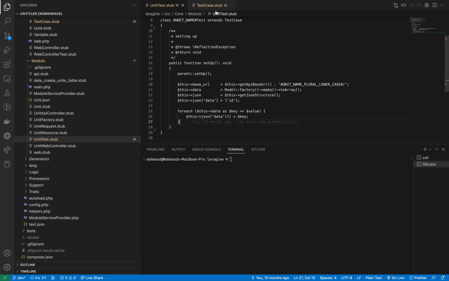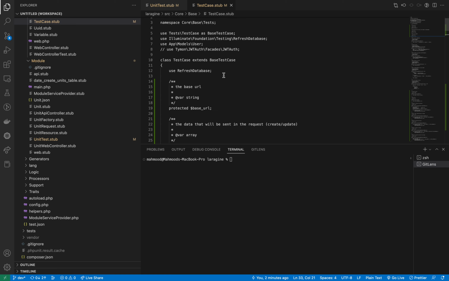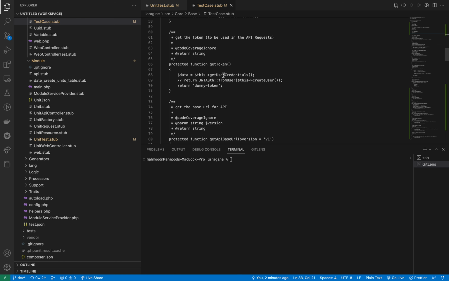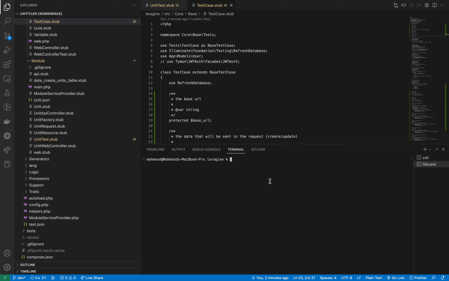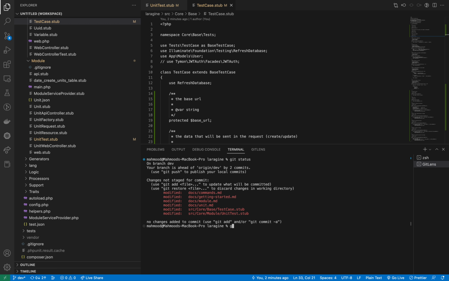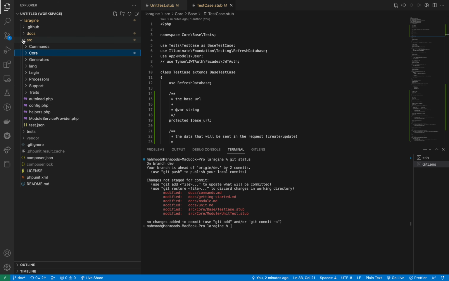So this is the test case. I think this is much better now. So let's clear git status. Let me do git add all, or just there is another thing I remembered, which is yes, in the source,